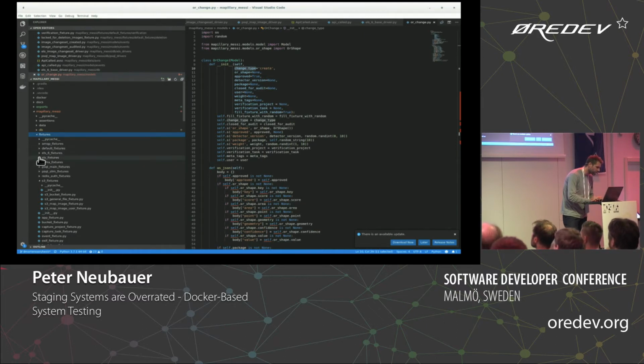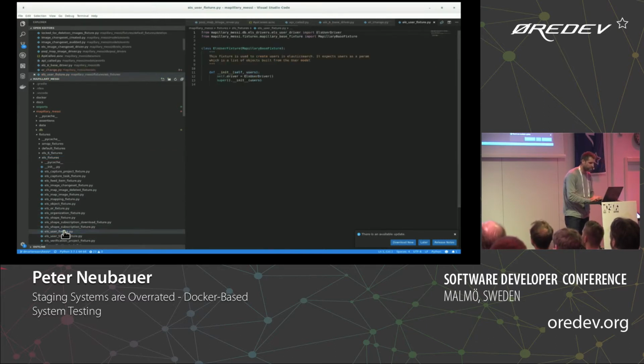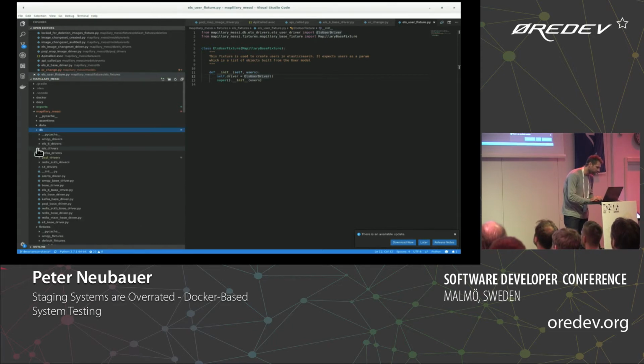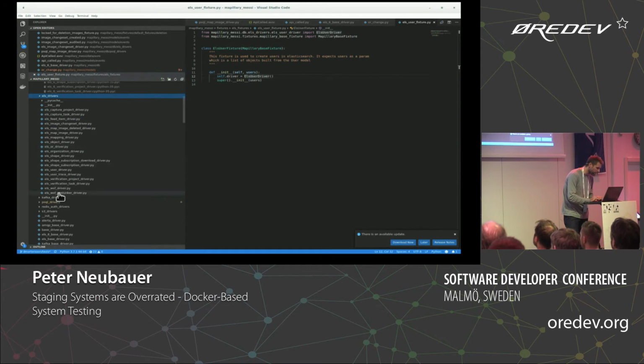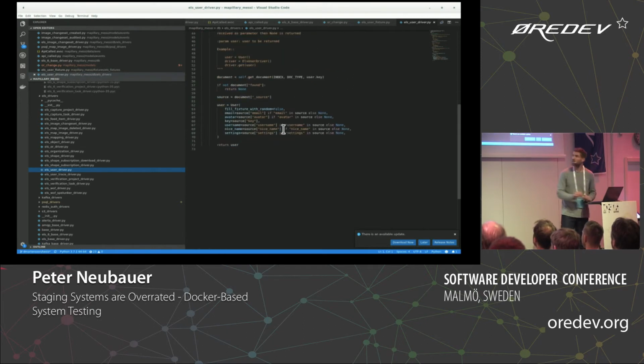For instance, if you say Elasticsearch fixtures, we have a Mapillary user fixture. See that? This is an Elasticsearch user fixture. It takes an Elasticsearch user driver and puts stuff into Elasticsearch. And the drivers here, we have a driver for basically anything. It takes a while to do, but since it is so reusable, say the user driver here just puts stuff down into Elasticsearch. It fills a JSON structure and puts it in there. Same thing for the